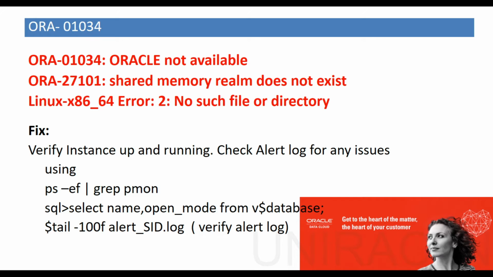Are there any changes in the parameters? Are there any changes in the database, such as applied patches? Even patches can cause instance issues. To fix a bug they apply a patch, but the patch itself may have bugs again, which can cause the complete database to go down. So the alert log is the best place to look.